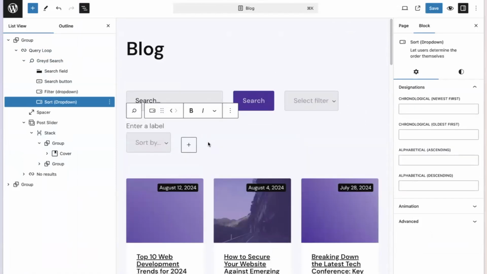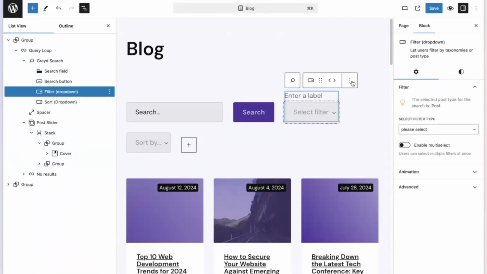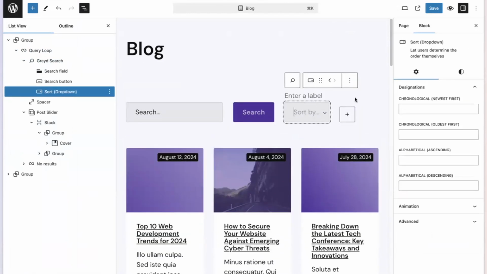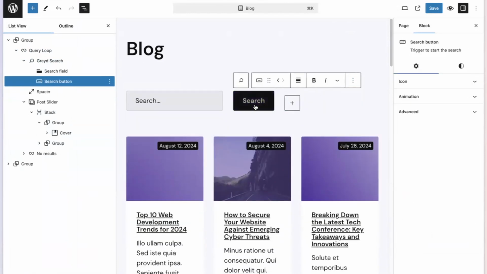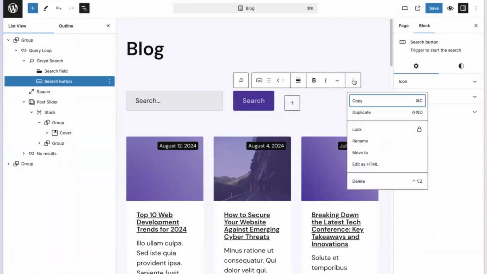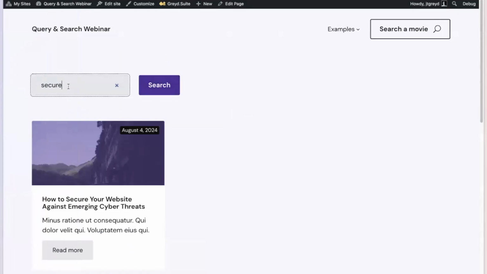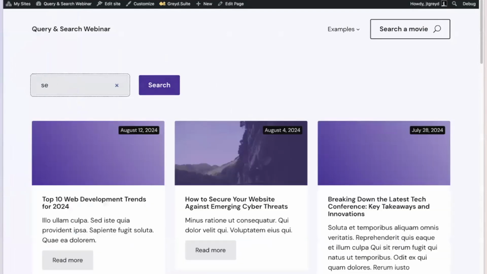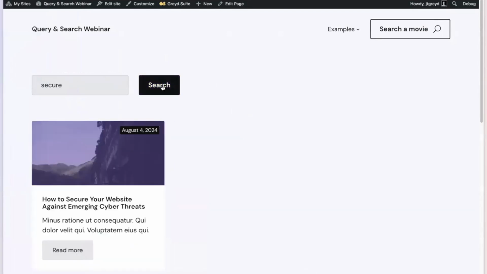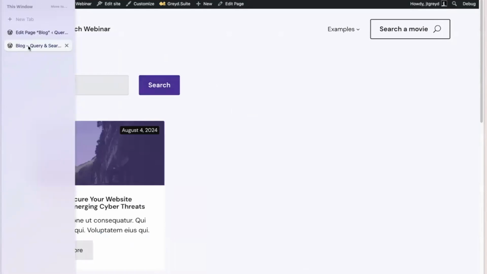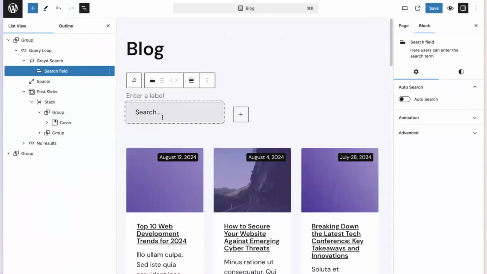But I don't want to focus on those now because these two blocks have been around for a while. I want to showcase the new blocks. So let's delete the submit button as well, because I don't really need it here because everything just updates as I type. Some users might still click this button, but it's not necessary anymore.